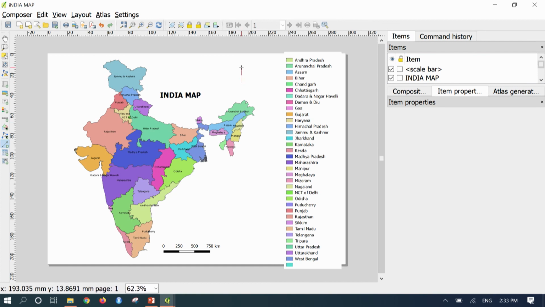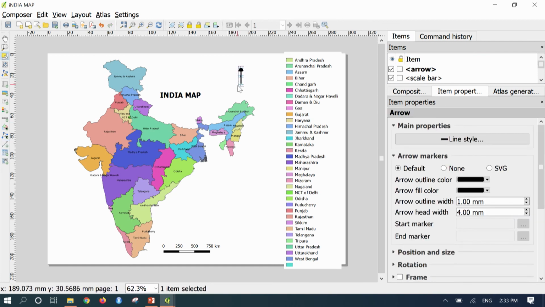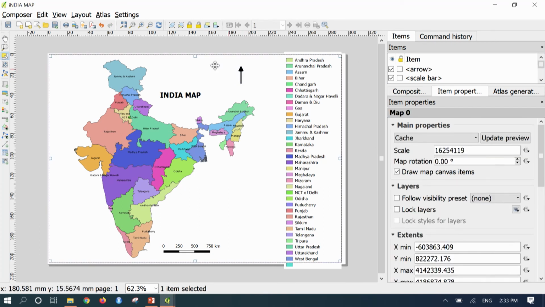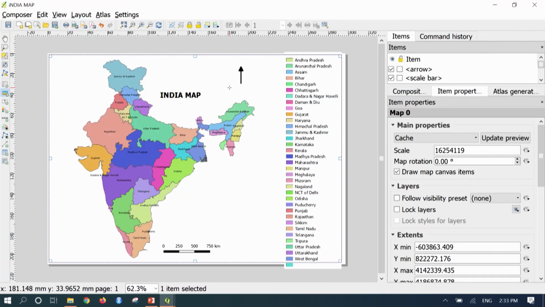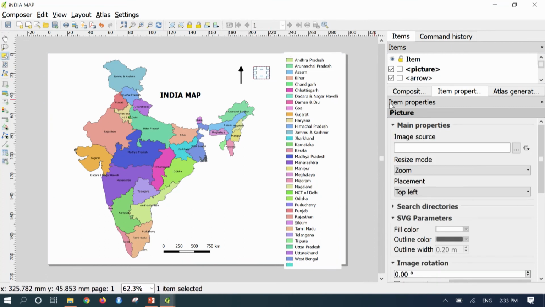Or if you have an image somewhere in the system, that also can be brought in here. You can go to layout and add image, and select the place where the north arrow is, and then choose an image. The image will come. Any custom north arrow can also be added.